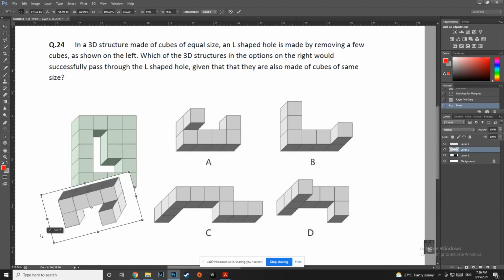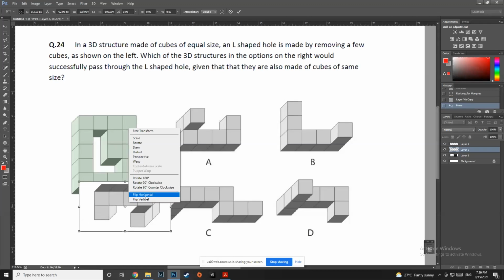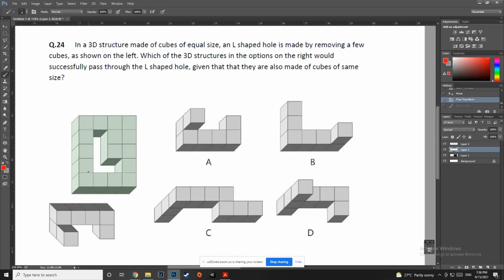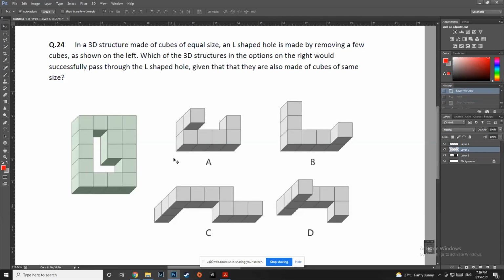Let me see if it will make sense. Now tell me, Meghna, if I pass it like this in this direction, right? Can it pass? So these two squares that you see here, they will pass from here, right? Then behind that, this whole thing will pass, and finally, this will pass, which is this. Do you agree? Okay. And what about who else was saying? Abhiram was also saying no, right? Abhiram, do you agree now that A can be possible? All right.